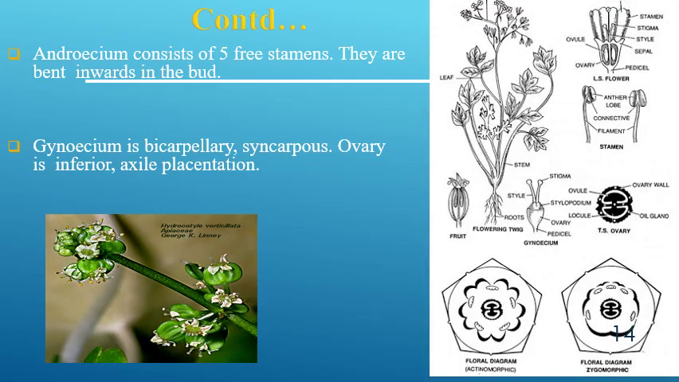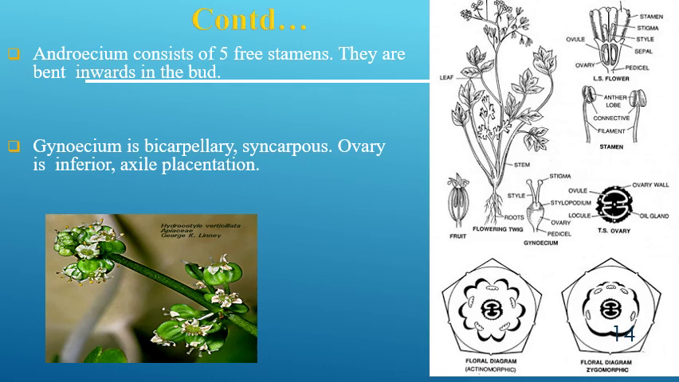Now the third whorl of flower in the Apiaceae family is androecium. Androecium consists of 5 free stamens, alternating with the petals. These stamens majorly arise from an epigynous disc or ovary. The filaments are equal in length and inflexed in bud, while the anthers are